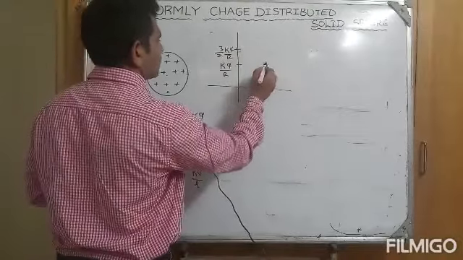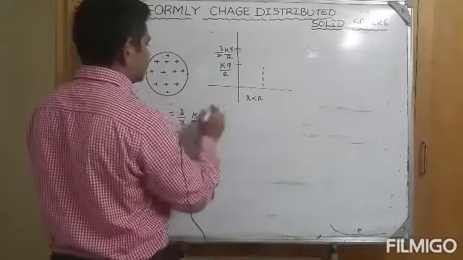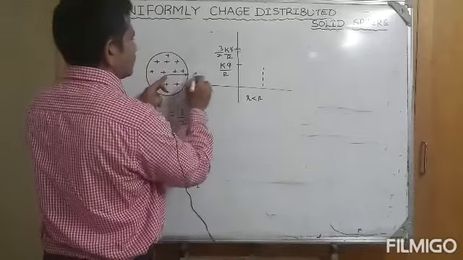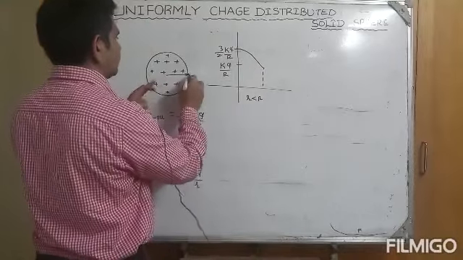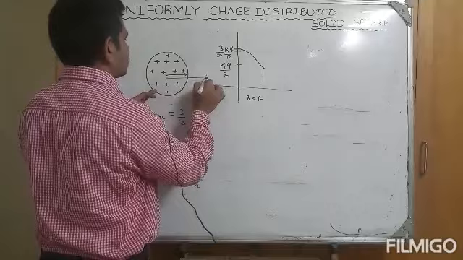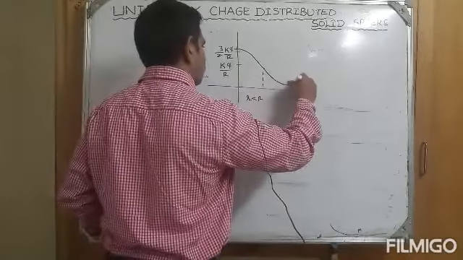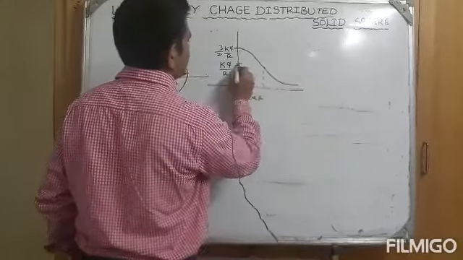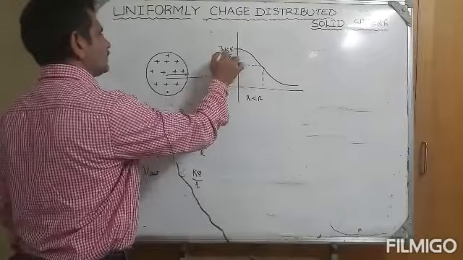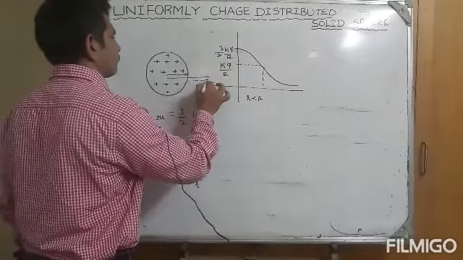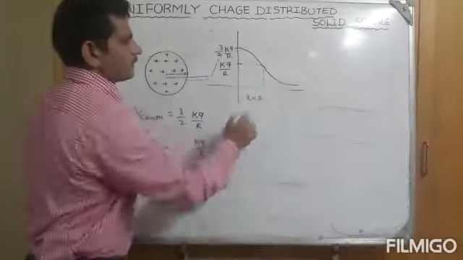So at the center, for r less than R, from center to surface, it will decrease like this. After that, outside point, it follows the inverse law, like, understand? This is the graph. Right side also you will get this side. Okay. This is the graph. Like this it will fall.